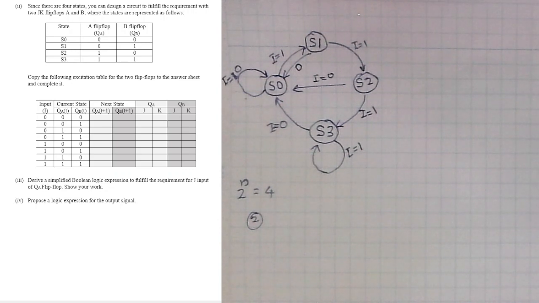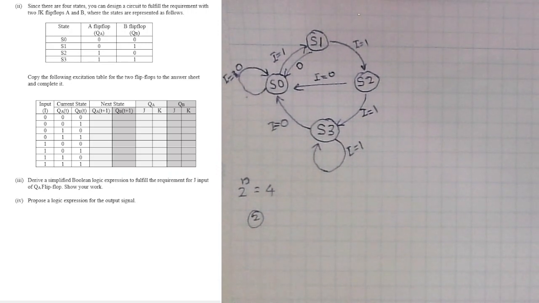Essentially, if the circuit is at state 0, our flip-flop A will be at 0 state and our flip-flop B will be at 0 state as well, right? Like that you can define how you want to do this. But anyway, after defining this, we can go and construct our entire excitation table